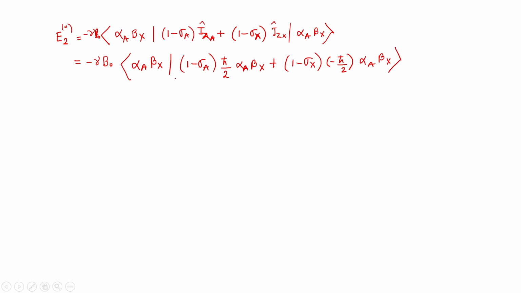So what is there in common? Let me see. Gamma B naught. So if you do this calculation by yourself, then the overall thing is going to be clear. That is what I am doing. That is why I am doing it here. Even though Sir has done this thing quite elaborately, but not all the steps. So if you do that by yourself, then it will be very much clear to you how and why this